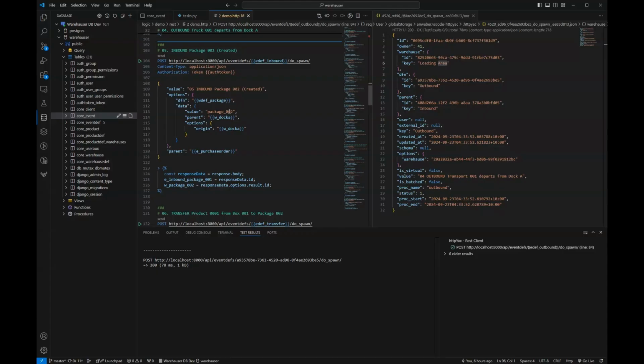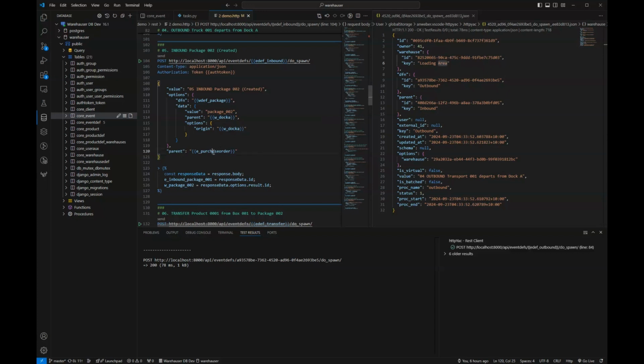In order to create that package, we're going to invoke the event def inbound and provide the necessary data payload. And we are going to create a package type of warehouse. We're going to call it package_002. It's going to be at dock A,